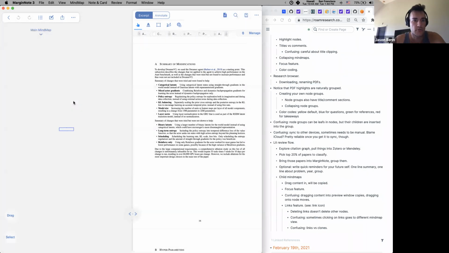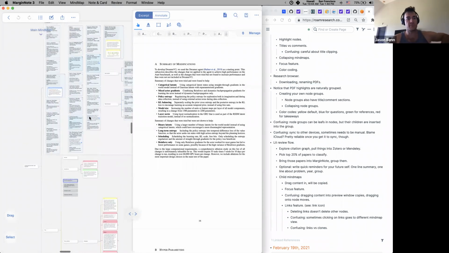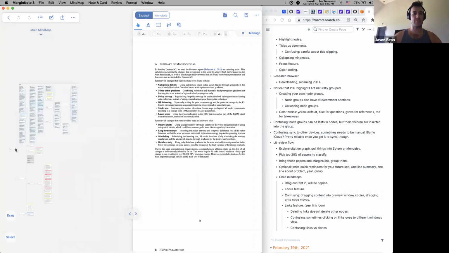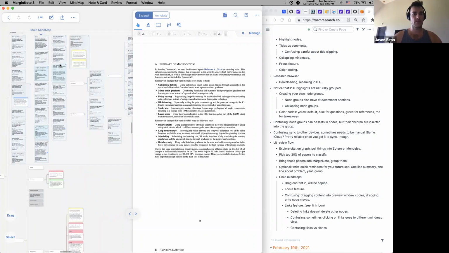okay, so this is an advanced notebook feature that I only recently discovered, actually. MarginNote is made by these Chinese developers, and I think Chinese apps have a philosophy of just stuffing a lot of features in without making them obvious or intuitive to the user. And so I'm still discovering new MarginNote features, but basically you have the main mind map view. So